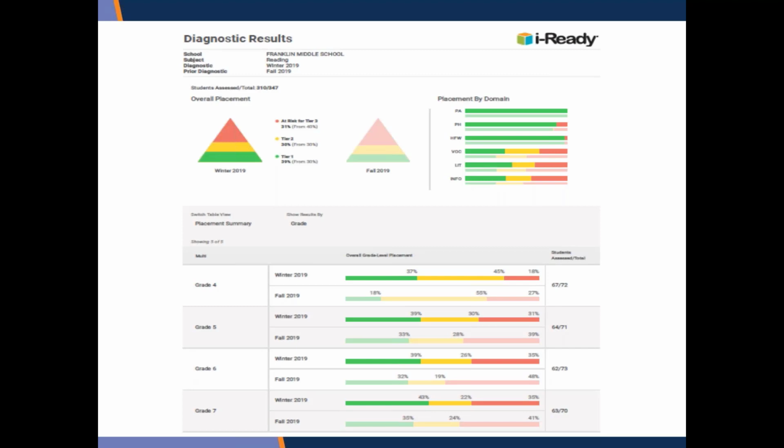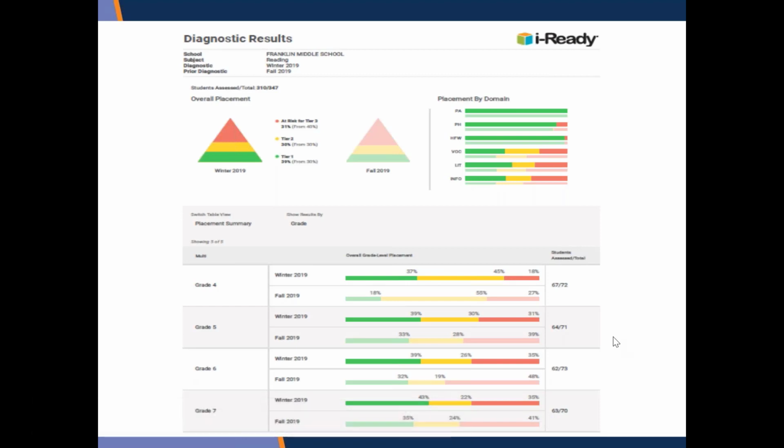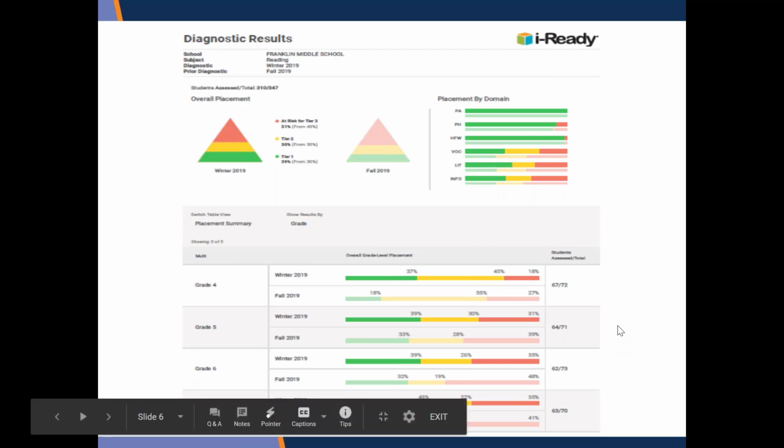So what we did with these is we had the product, the teachers were using it in the classroom, and it produced these really pretty illustrations of how our students were doing. And so with all kinds of pride, I was so glad as a new administrator that I came on board. I had a new assistant principal.